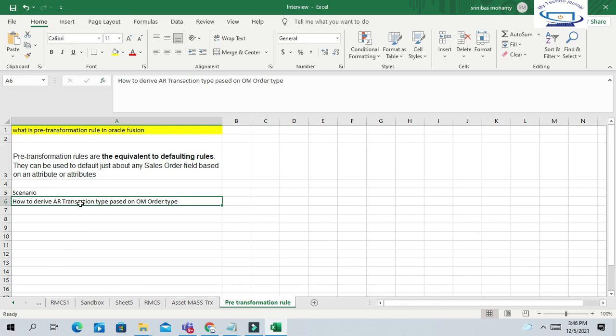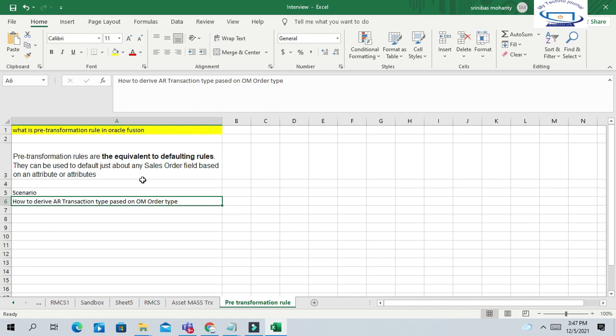But in the AR invoice header we have to identify one AR transaction type, and this transaction type should be linked to the order type to create the accounting for the transaction. So how can we link the order type in order management to the transaction type in AR?